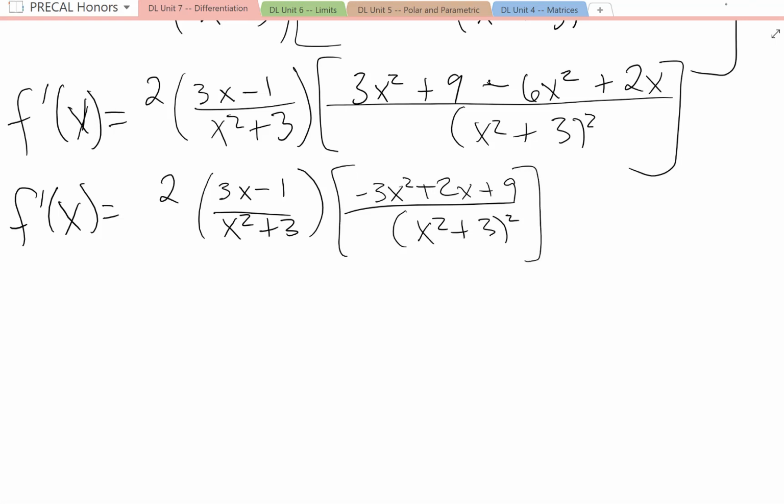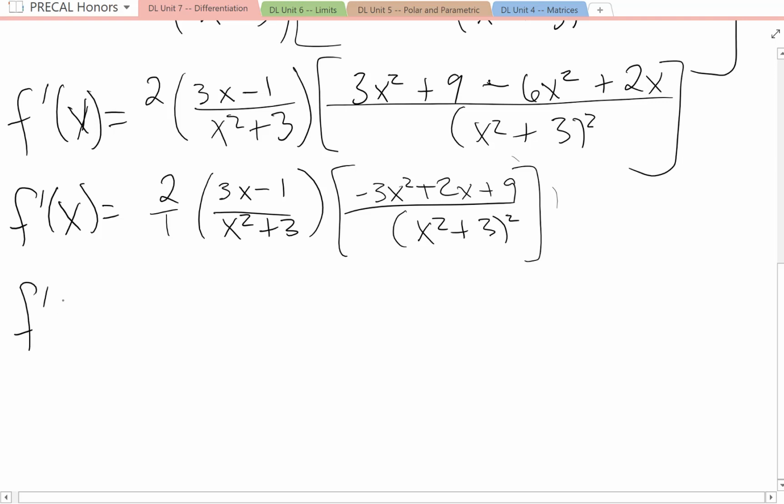Okay, you have basically a fraction times a fraction times a fraction. So really we can multiply straight across the numerators and straight across the denominators. But we don't actually want to distribute or unfactor. So when I say multiply, I mean just literally write it next to each other. So our numerator involves this 2 times this quantity